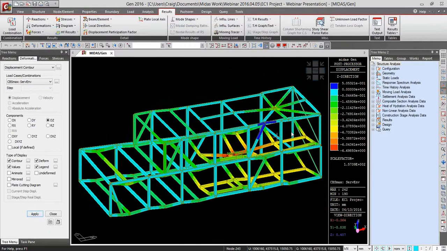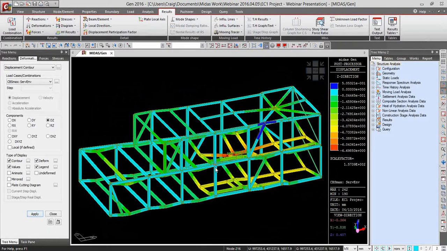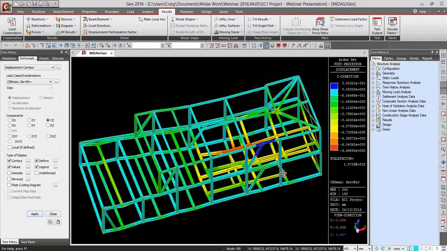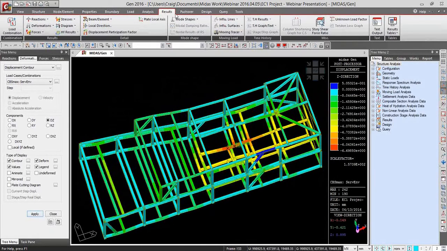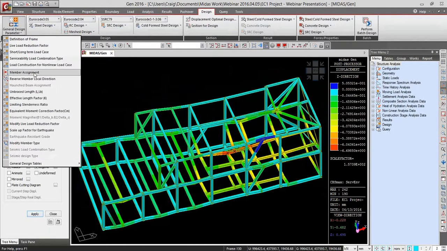Now, when we were designing this, we had to use the member assignment function, and this ensures that we can select the effective length of each beam. So when we design it, even though we've said, you know, this beam is pinned here, fixed, within the design phase, if we select it within the member assignment function, we can then use this entire effective length of this beam. So if I just pull up the member assignment function,